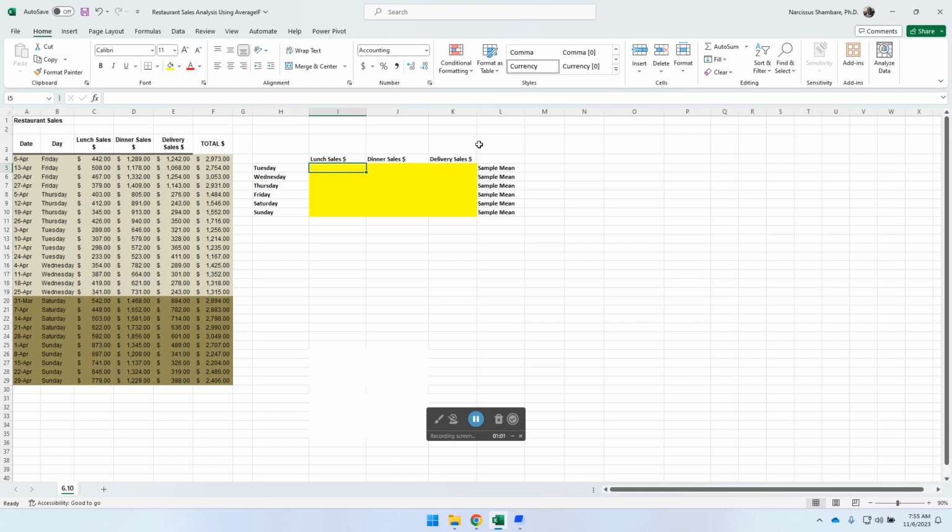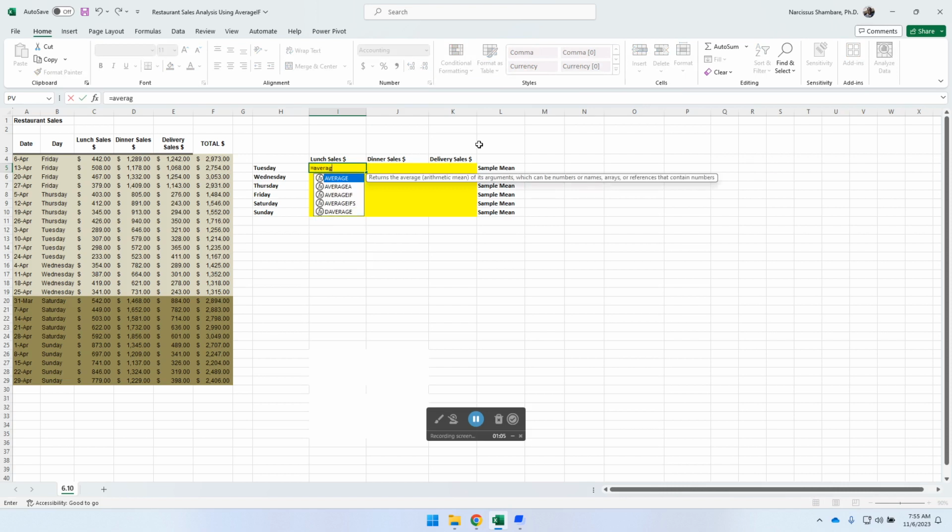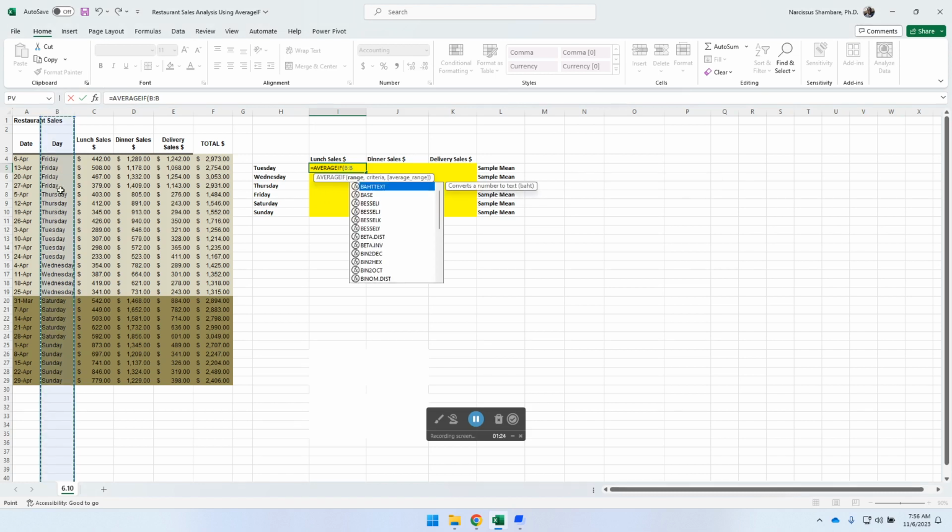So without further ado, all we do here is enter the equal sign and call up the function, AverageIF. Double click on AverageIF, and as you can see, there are some directions on how we execute this function. It asks where the range is. In other words, we want to find an average if, in this particular range, in this column here where we've got days,